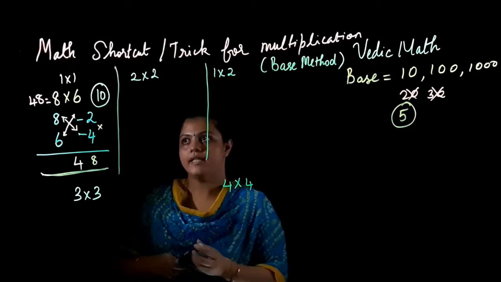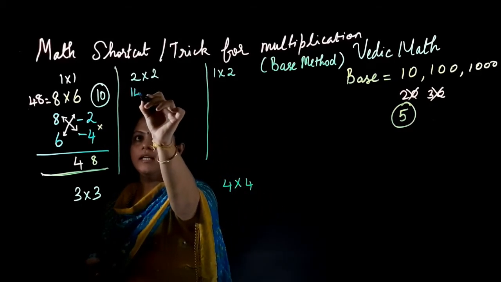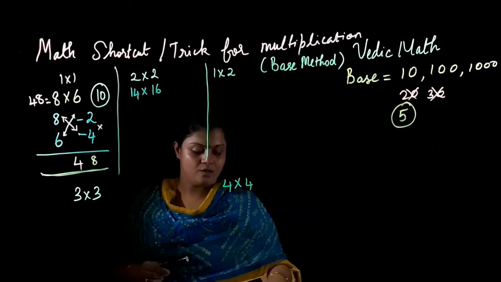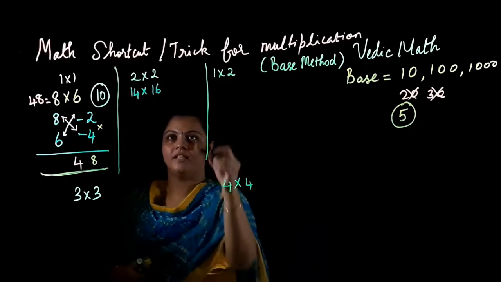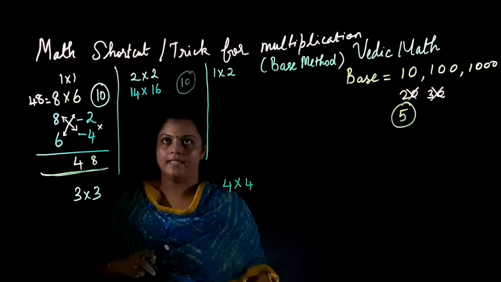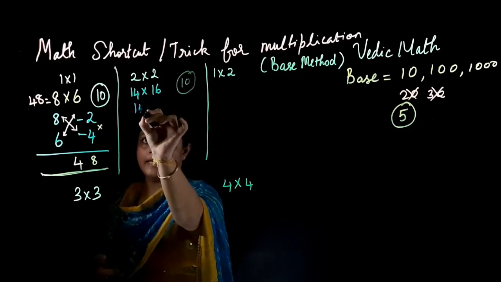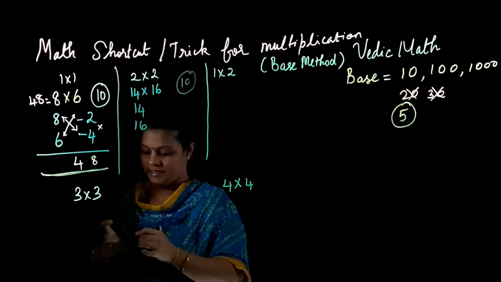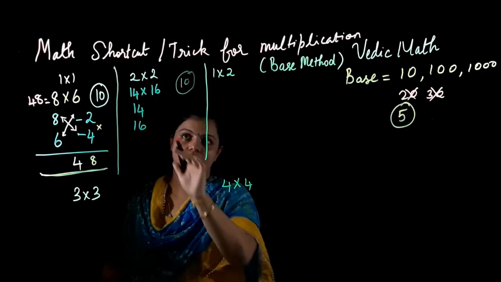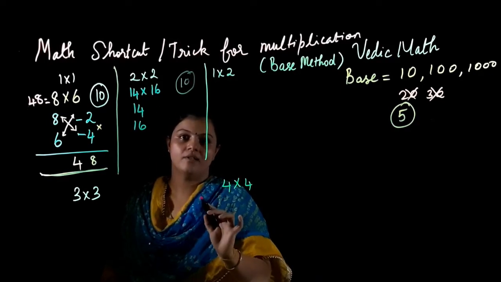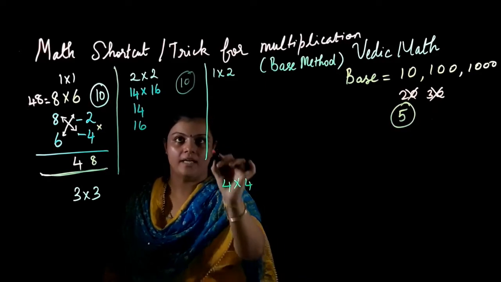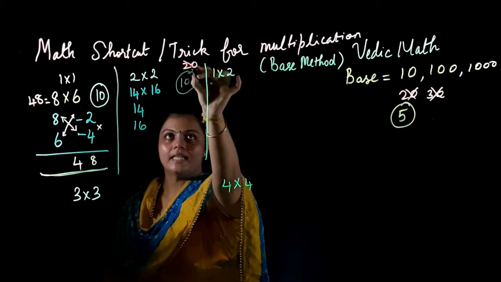Let's take these numbers to be 14 into 16. Again, what is going to be my base? Remember, I should put my base to be 10, correct? Okay, so I'll write the two numbers as such, 14 and 16. Now we might get confused. See, 14 and 16, the nearest number will be 20 for both of these. But I cannot take the base as 20. So taking the base as 20 is incorrect.